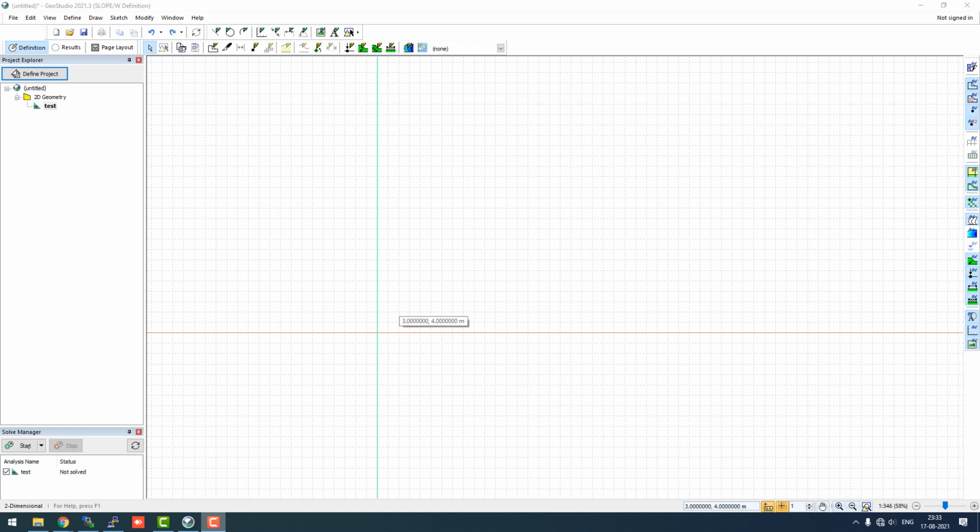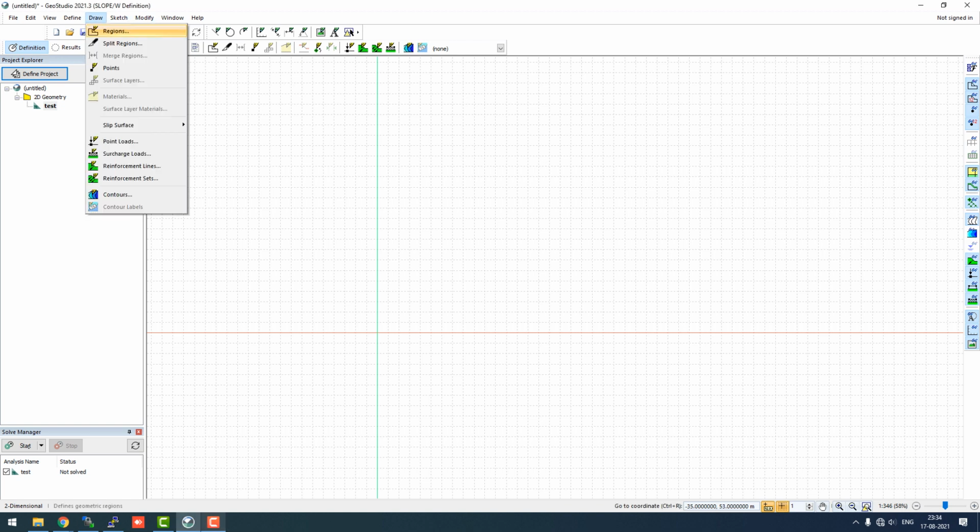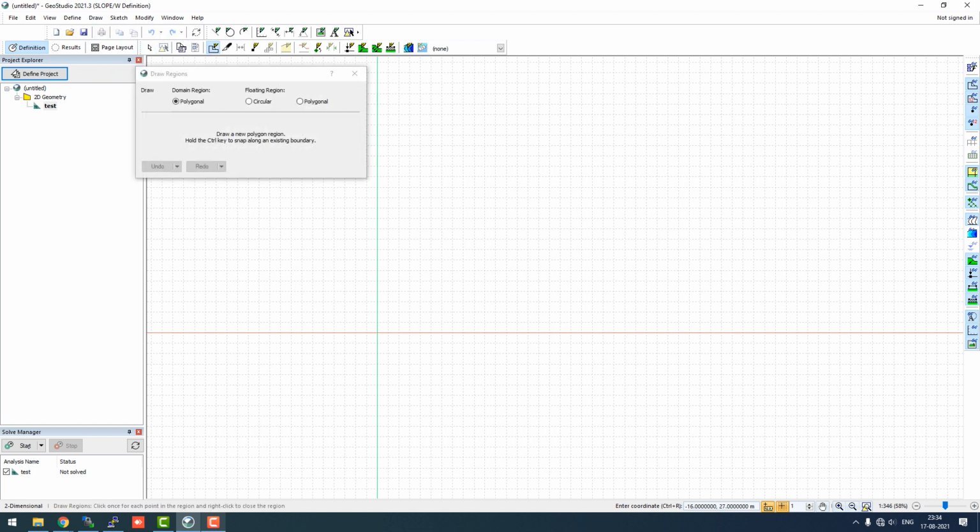So we will start with the geometry modeling. As you have the mental picture of geometry with you, you can just go back and check out the slide. We'll start drawing the region. So here let's go to the region, and as you can see, we'll go with the domain region of polygonal shape. So we'll start with a point